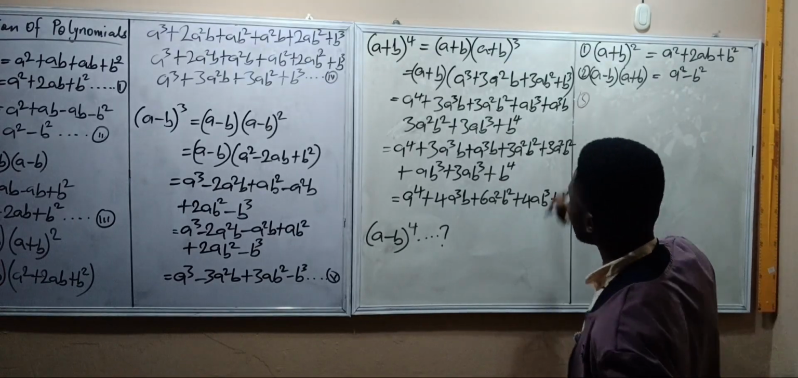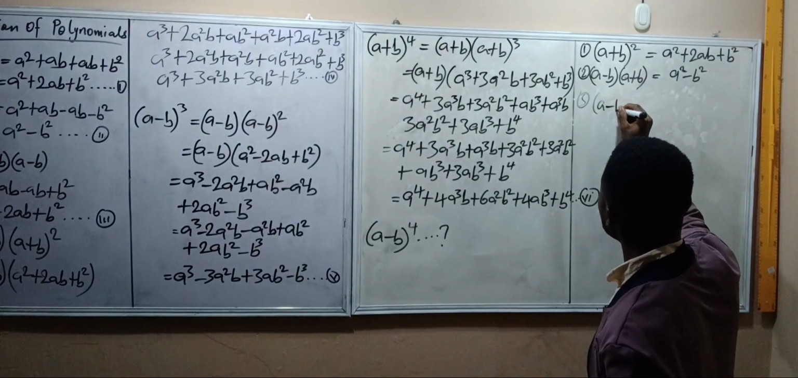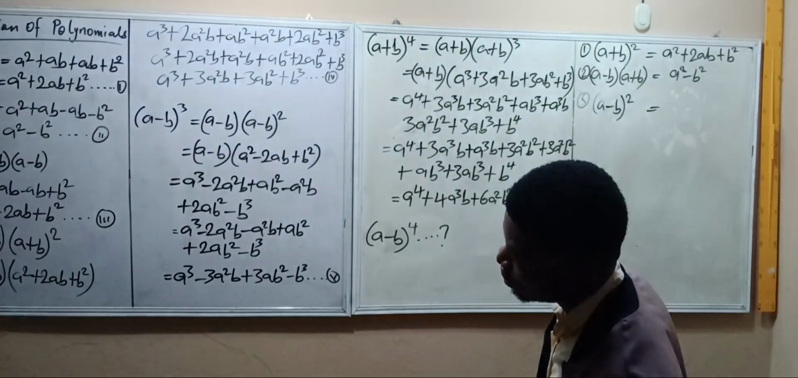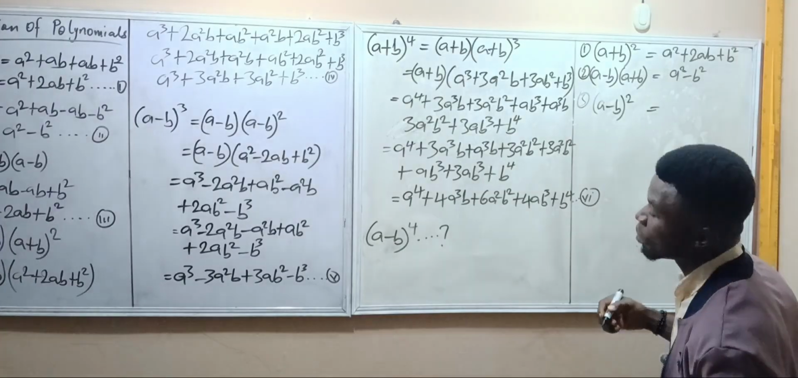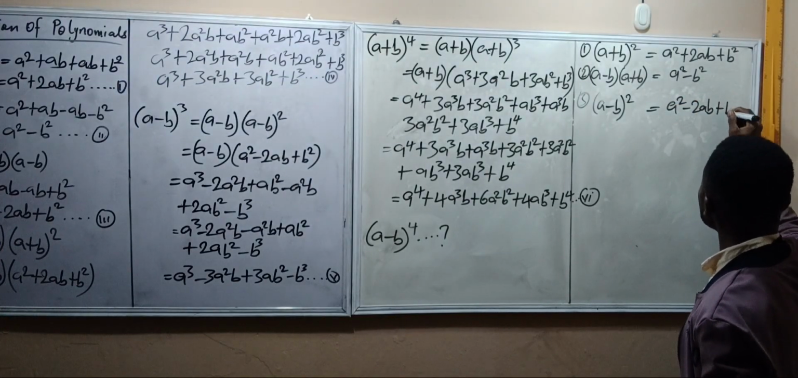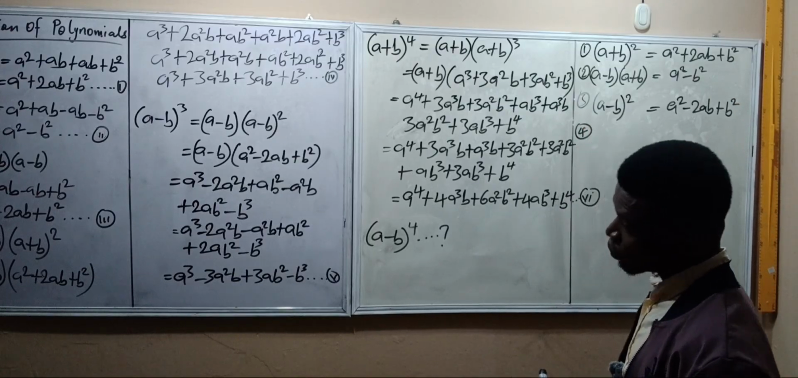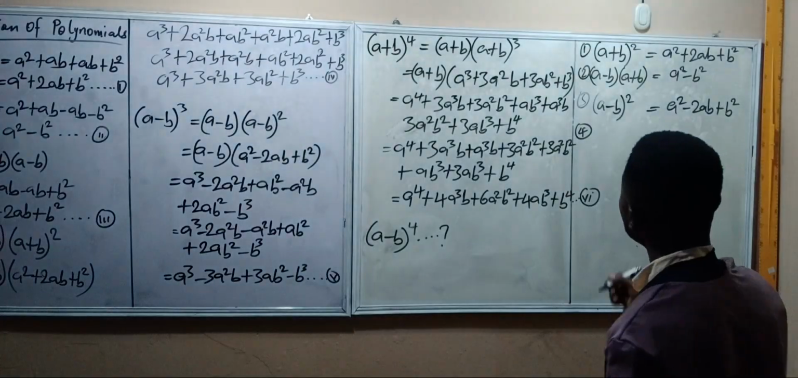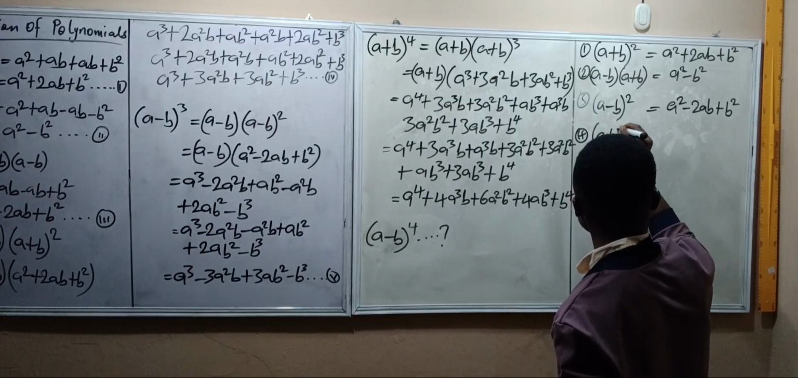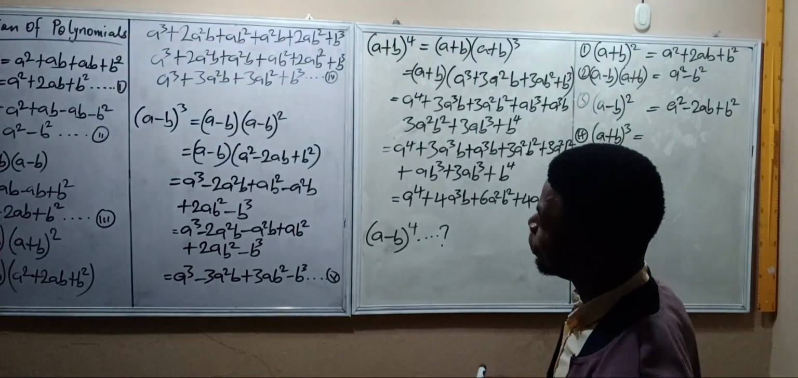So then number three: if you have A minus B all squared, at the end you get A squared minus 2AB plus B squared. Then number four: if you have A plus B all cubed, and you expand, you will get